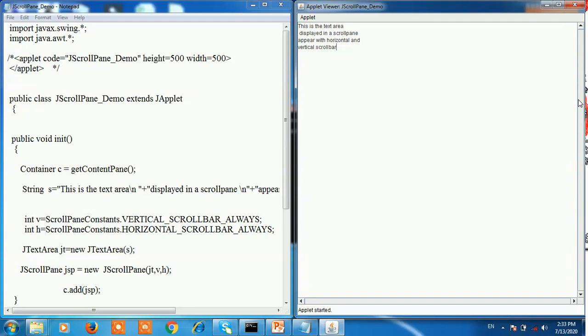Whenever we need the scroll bar, only at that time is it displayed, because we provide the constant value vertical scroll bar as needed. Here we pass the constant value vertical scroll bar always, that's why the vertical and horizontal scroll bars are displayed. This is a sample example of the JScrollPane.